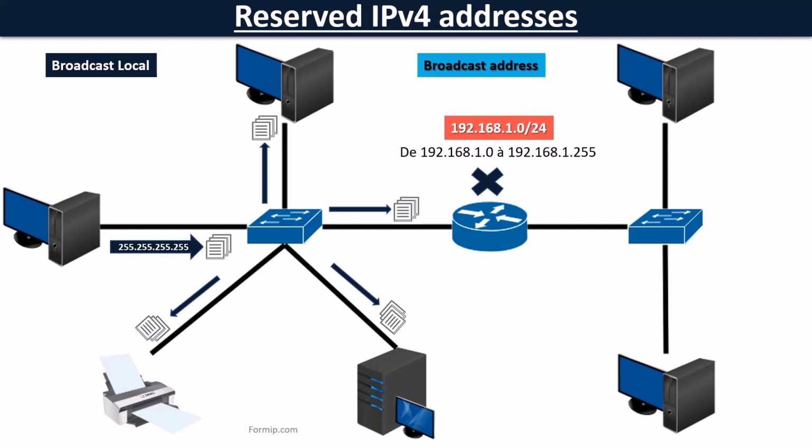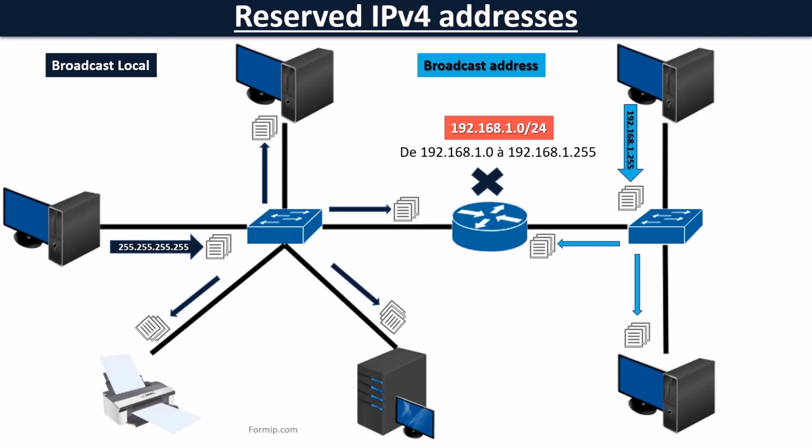That is to say, 255.255.255.0. With this mask, it means that the IP range goes from 192.168.1.0 to 255. A broadcast is a special address that allows communication with all hosts on the same network. This packet will only be propagated to machines on the same subnet. The broadcast address is the highest address in the IP range of the network. That is, the one where the bits of the host part are all 1.